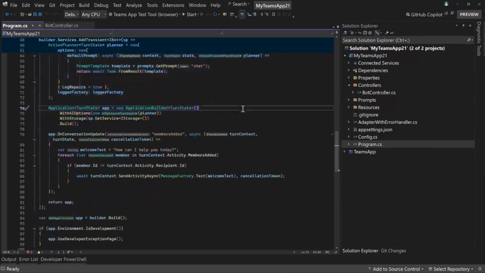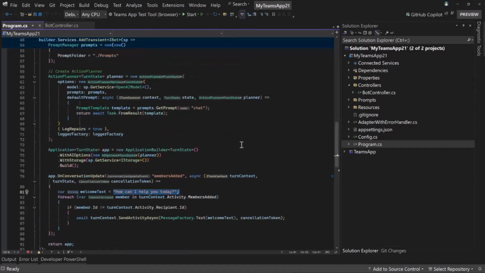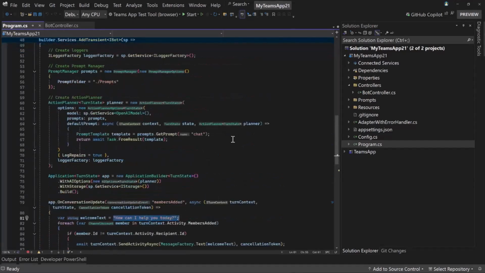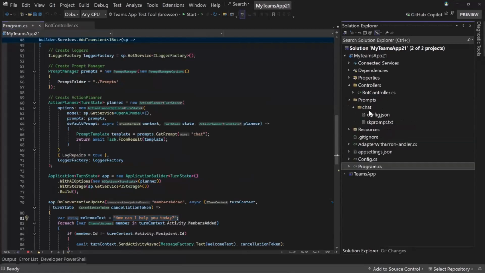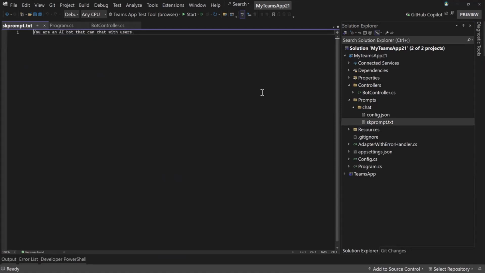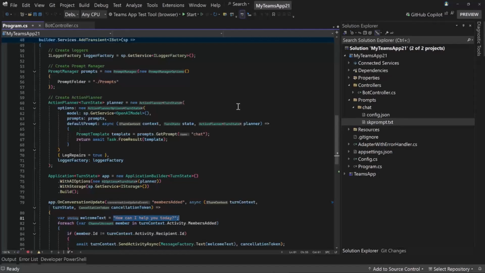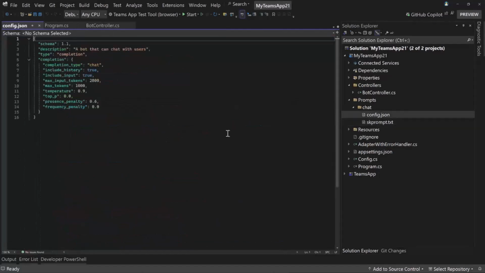And the only thing this bot does right now is when I start a conversation, it'll just give me a welcome message. And then when I chat with it, it's going to send it to my language model and give me a response. The prompt configuration for that is all set up for Teams AI library. So here's my prompt. This is the template, so it's very simple. And this is the way I can configure Azure OpenAI. As part of the scaffolding step, I can enter my Azure OpenAI key. So I've done that so that way